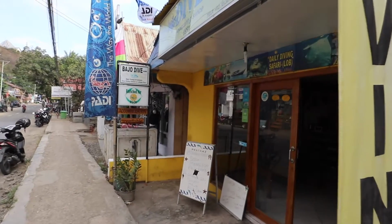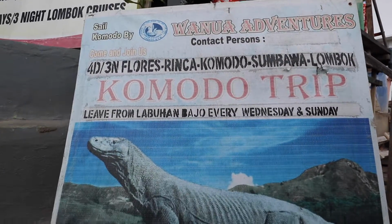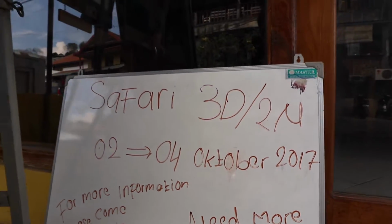Just go in, talk to the people, find somebody you like, and book a trip. So there's one option you can do, basing yourself in Labuan Bajo and doing day trips. The second option is to do overnight trips or liveaboards, which could be 2 nights, 3 nights or 4 nights